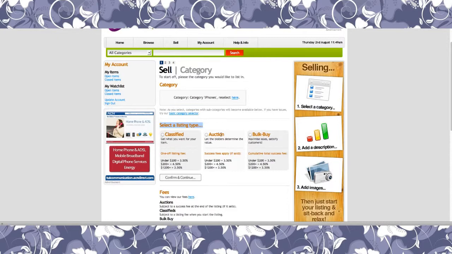it will actually sell. Now classifieds have a listing fee, and that is calculated off a percentage of the price of the product you're selling. So if I'm selling my iPhone for say $800, I will pay a listing fee of 4.5% of that $800. That's a one-off fee, so when I relist the item because it doesn't sell, for instance, I will not be